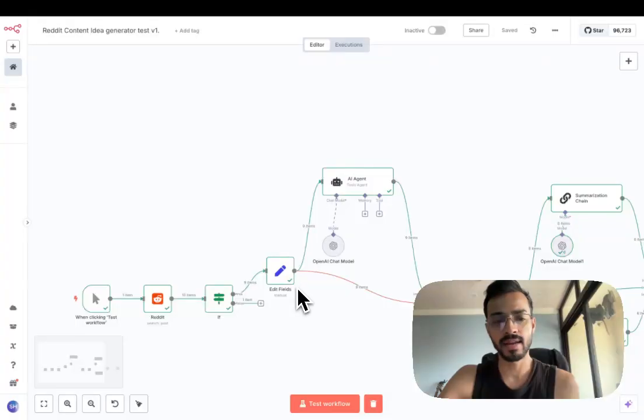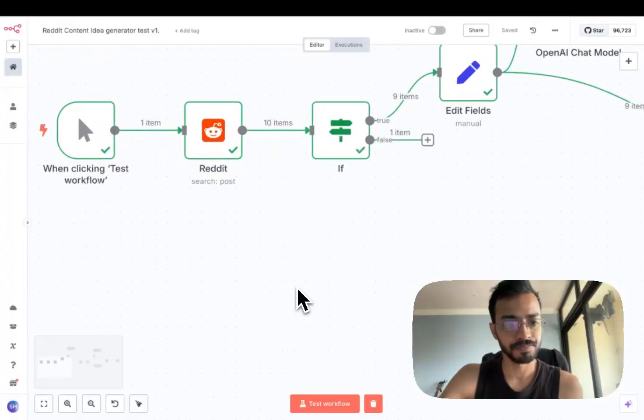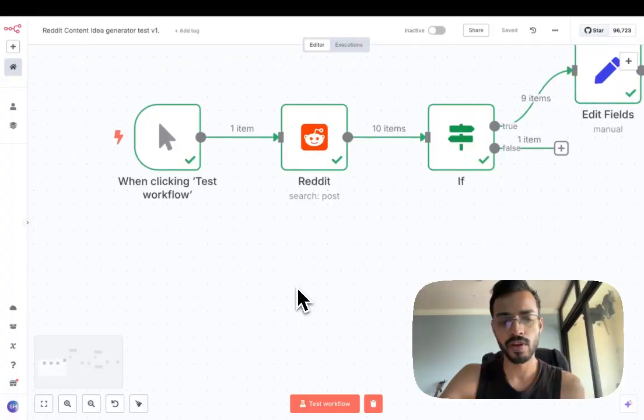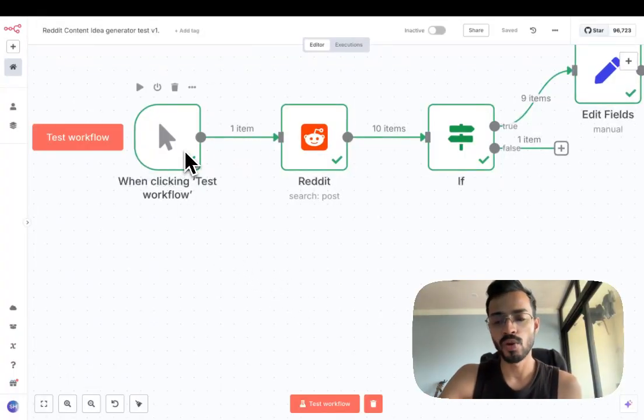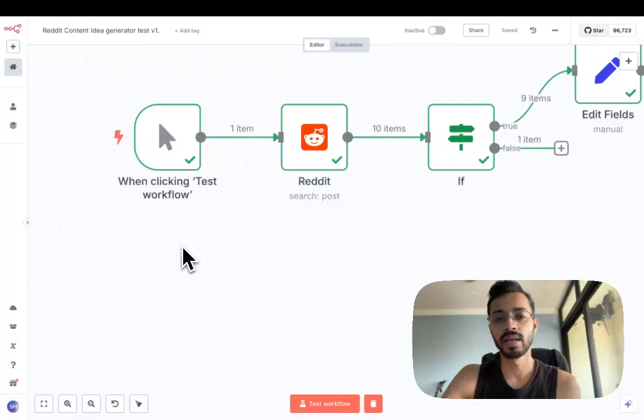So here I am on the N8N canvas. I'm just going to zoom in here. The first step that every N8N agent has is a trigger, which is a trigger event. In this case, I have simply set it to the click test workflow button, which is this button right here. If I click it, then the execution is triggered. In your case, you can use this trigger on WhatsApp, on Telegram, on email, on Slack, anywhere that you prefer. To make this lesson simple, I've just used it to trigger when I click this test workflow button right here.